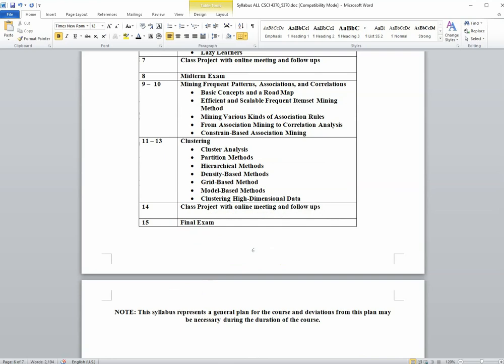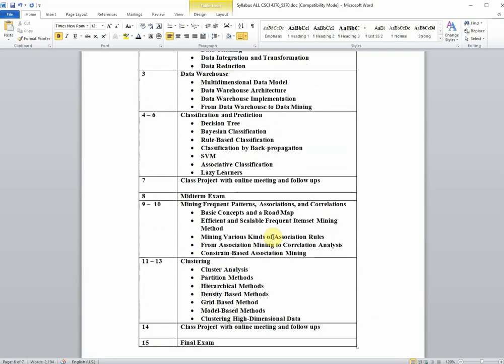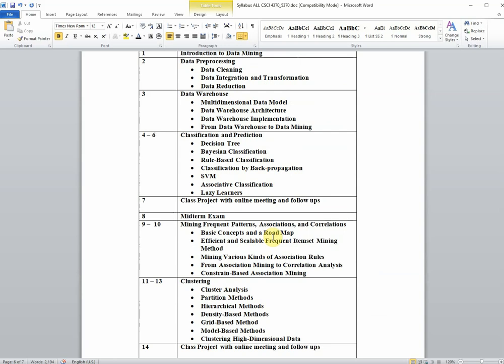The syllabus presented here is a plan. Some deviations may happen, but this gives you a big idea about what we are going to look at for the whole semester. And I hope you can enjoy this interesting topic. Personally, I like this class a lot, and it takes your efforts and my efforts together to make it a great experience. So if you have any recommendations, suggestions, or anything, feel free to talk with me